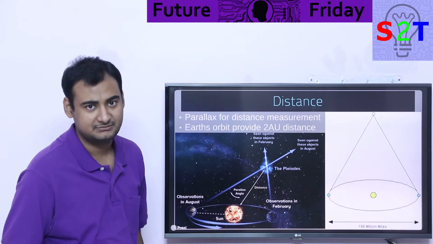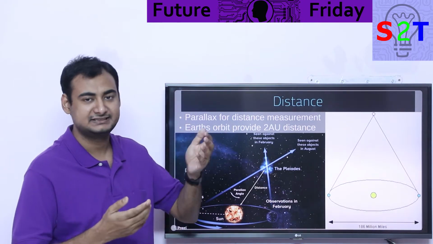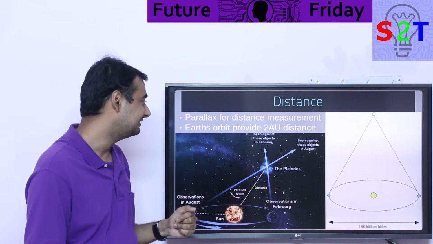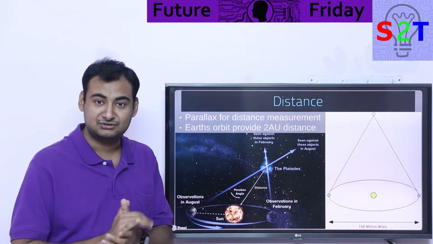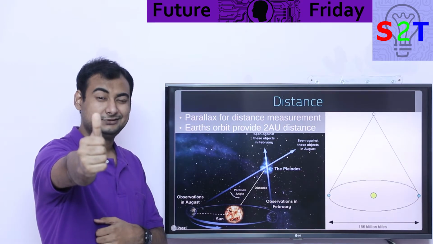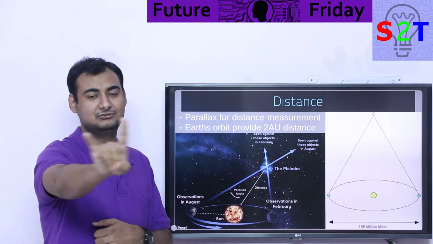Now, how do we measure it? Because that's the first thing that should come to your mind. These things are not something where I'll go there and measure Mount Everest. It's not like that. So how do we measure it? Well, we utilize parallax. You want to understand parallax? Extend your thumb like this and close one eye after the other. You will see things behind your thumb move left and right.